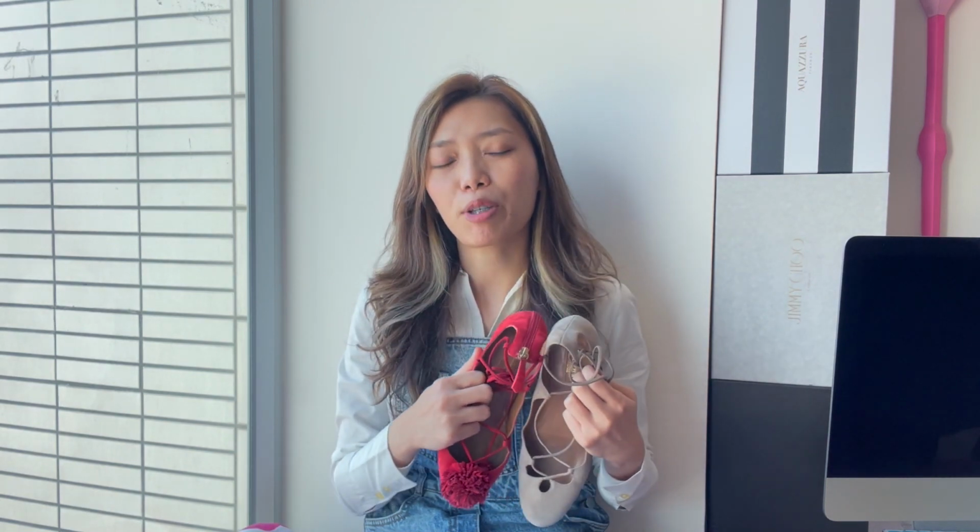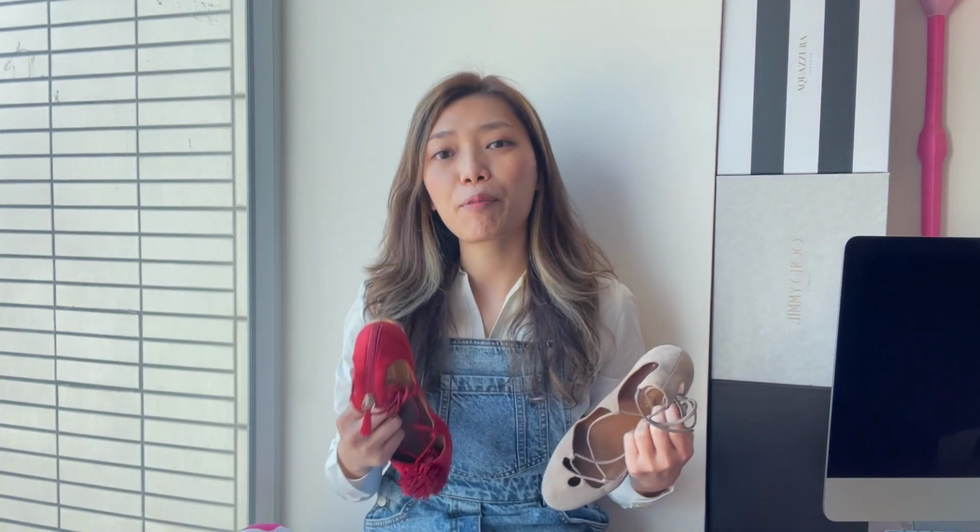I bought these two pairs of shoes at the same time back in the summer of 2017. I first came across them on Farfetch. It was the Sunshine shoes that first caught my eye. Back then I just thought, oh, these shoes are super pretty. I don't have this kind of lace-up style shoes in my wardrobe, and I really wanted one added